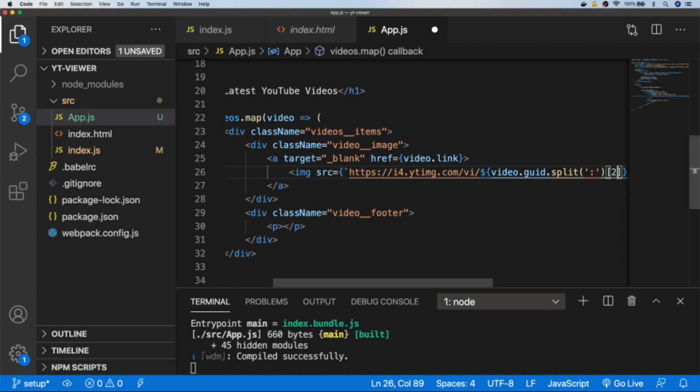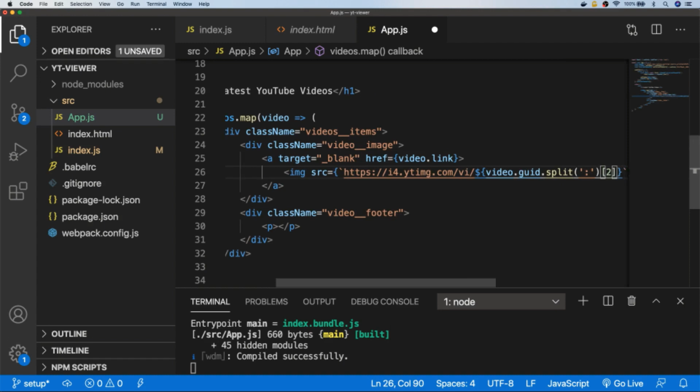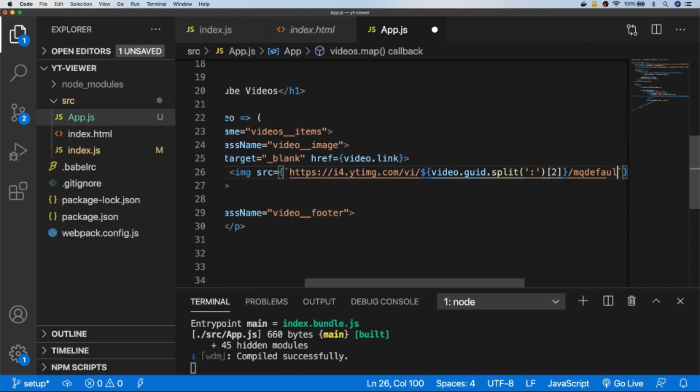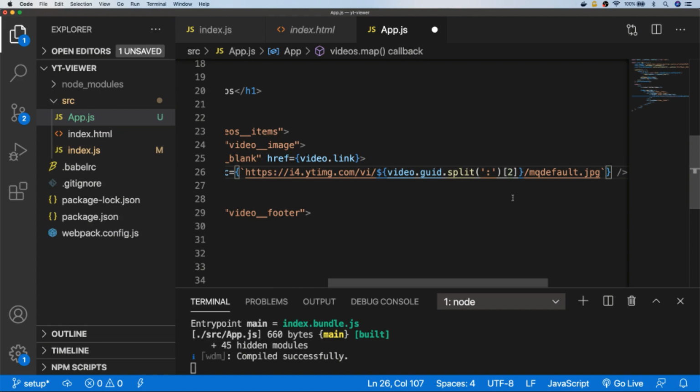And then I'm going to get the third and final part of the split string, which is that unique identifier. And then right on the end of this template literal, I'm going to access mqdefault.jpg. So if you're looking at the screen really strangely and thinking what the heck's going on here at the moment,